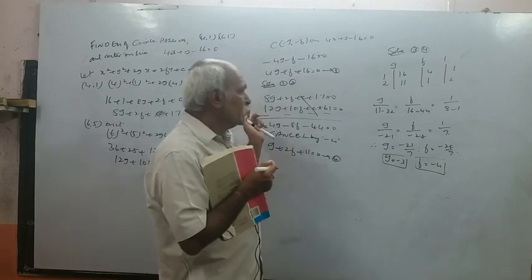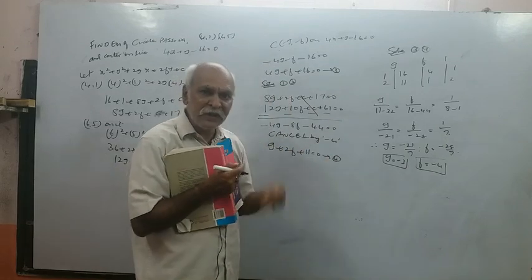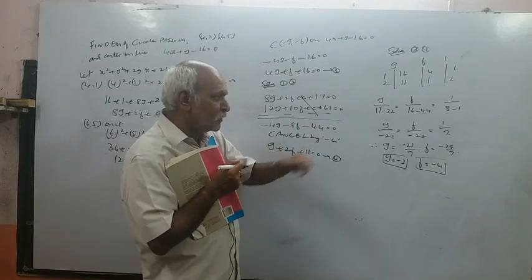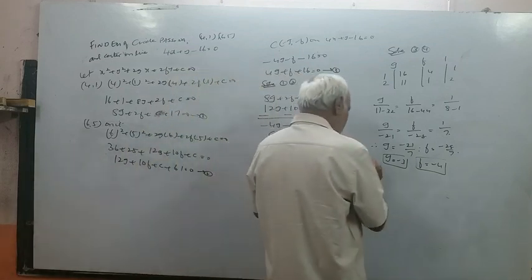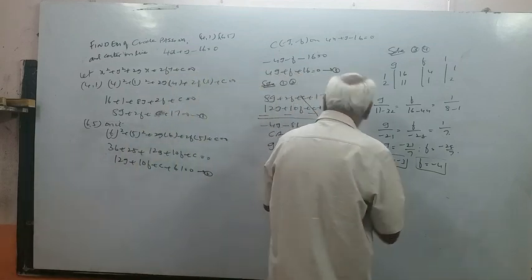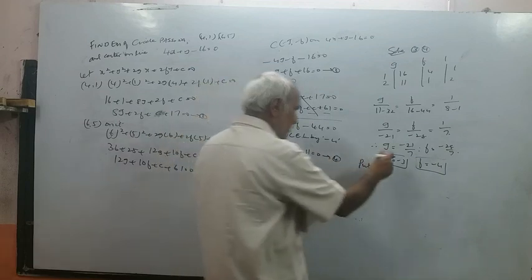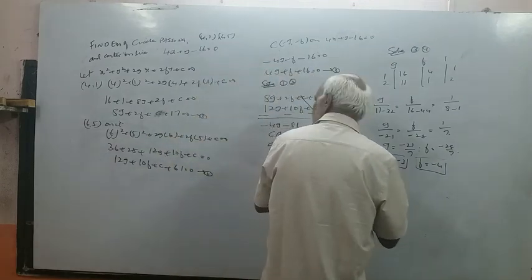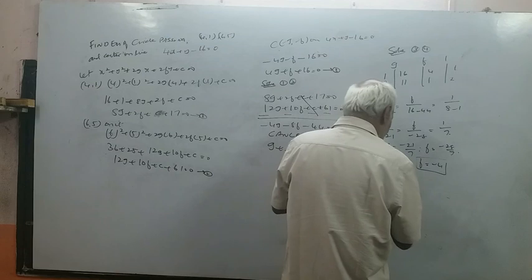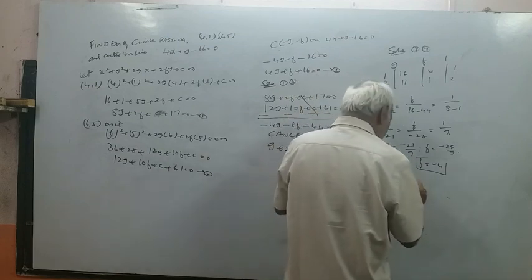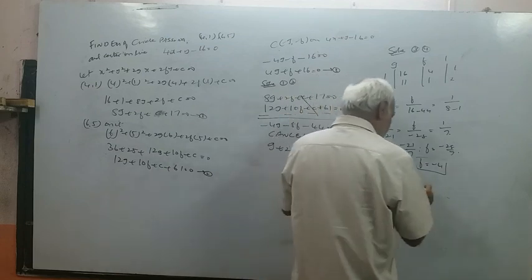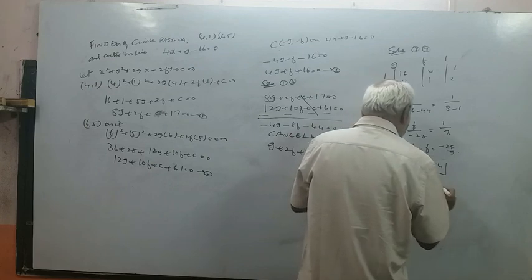So if you observe the procedure, I am continuously doing the same procedure, sir. Same methods, only values are changing. Now put in 1. What is the first equation? 8g, the g value we got is minus 3. So minus 24 and f value minus 8 plus c plus 17 is equal to 0.